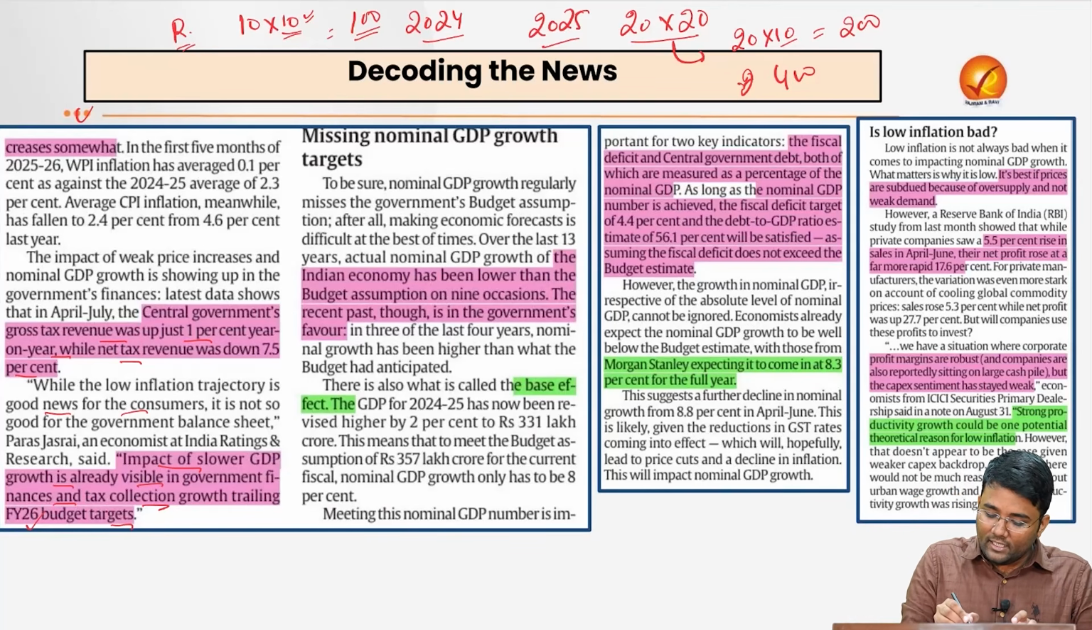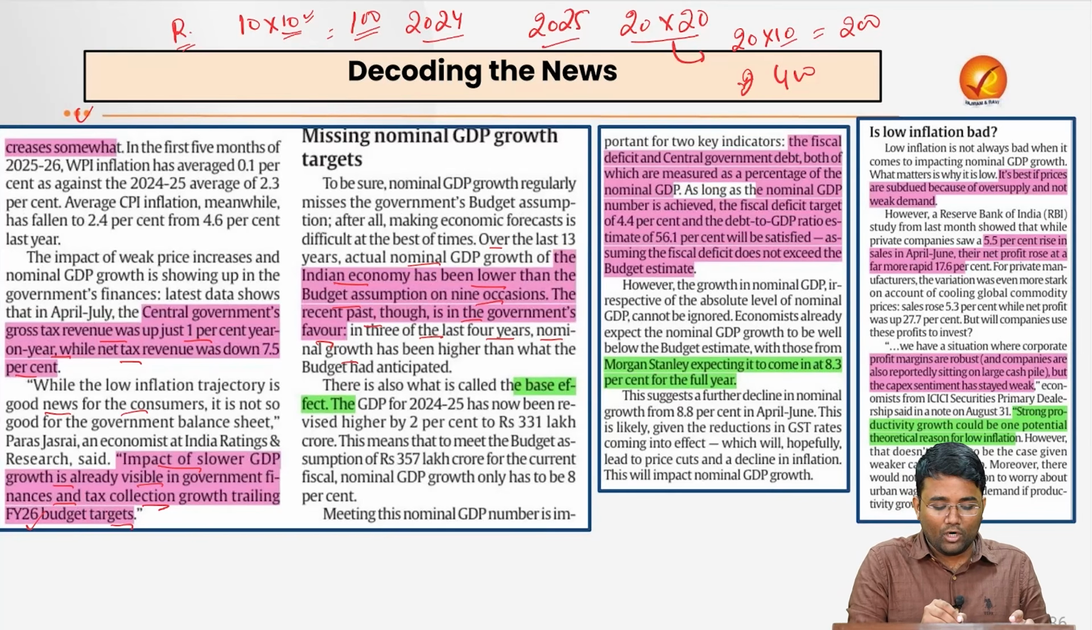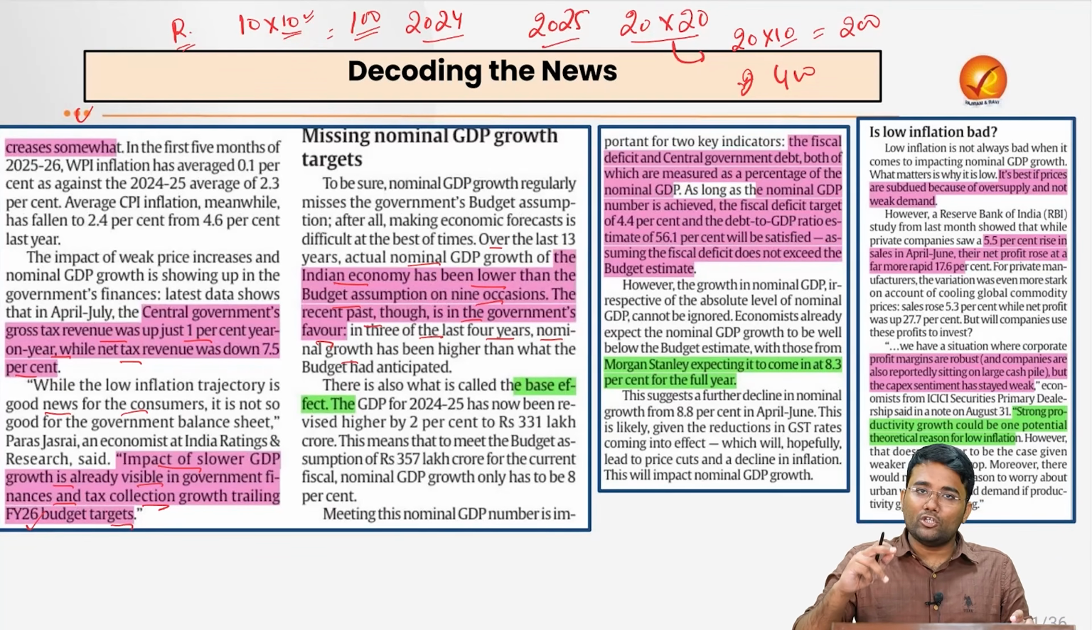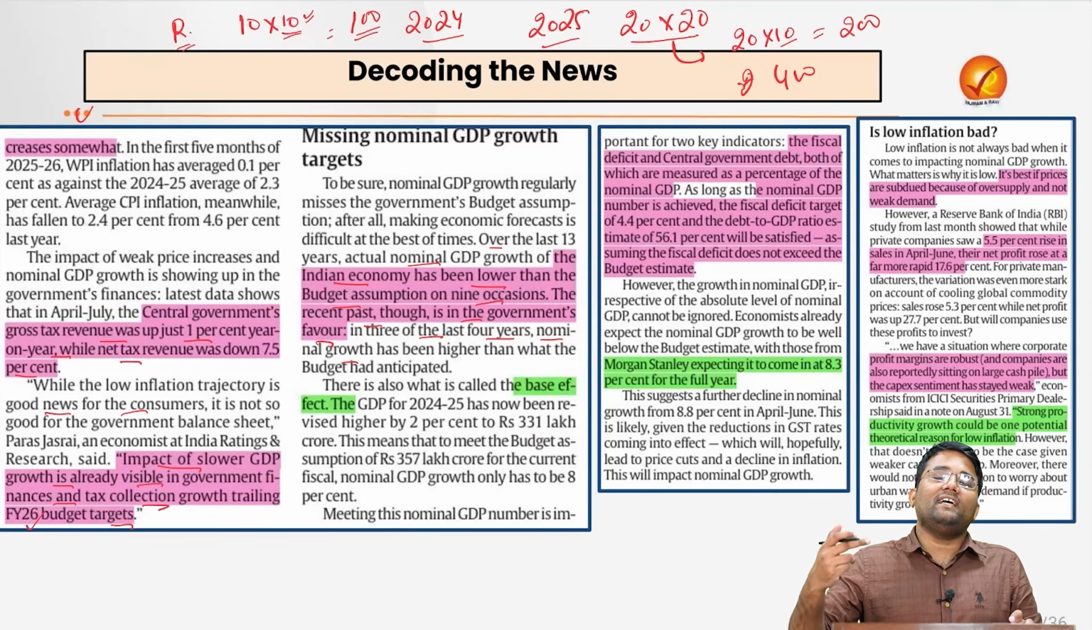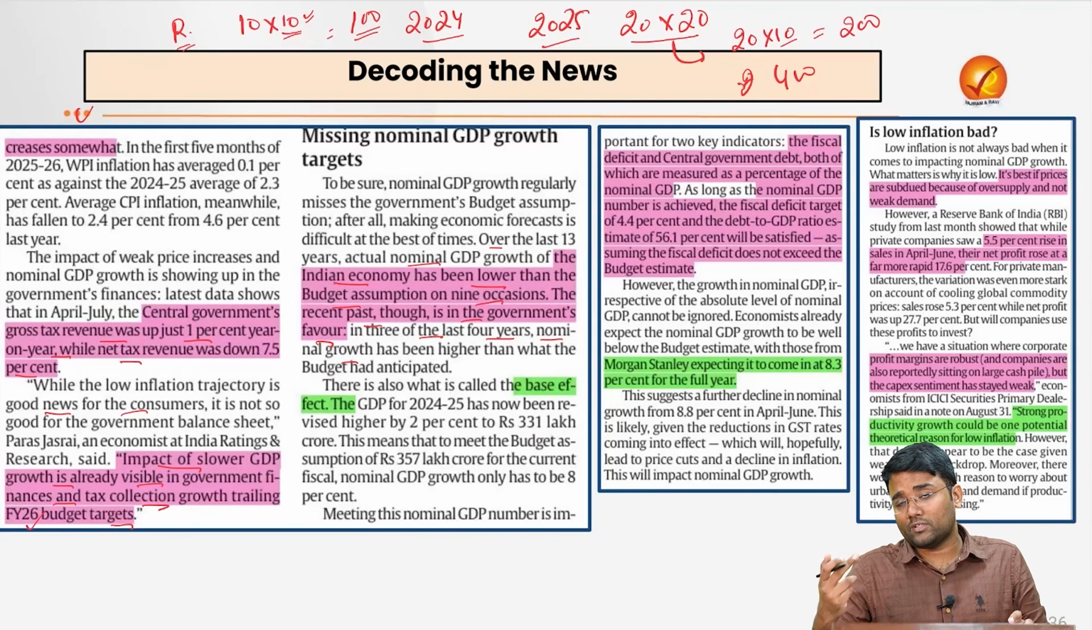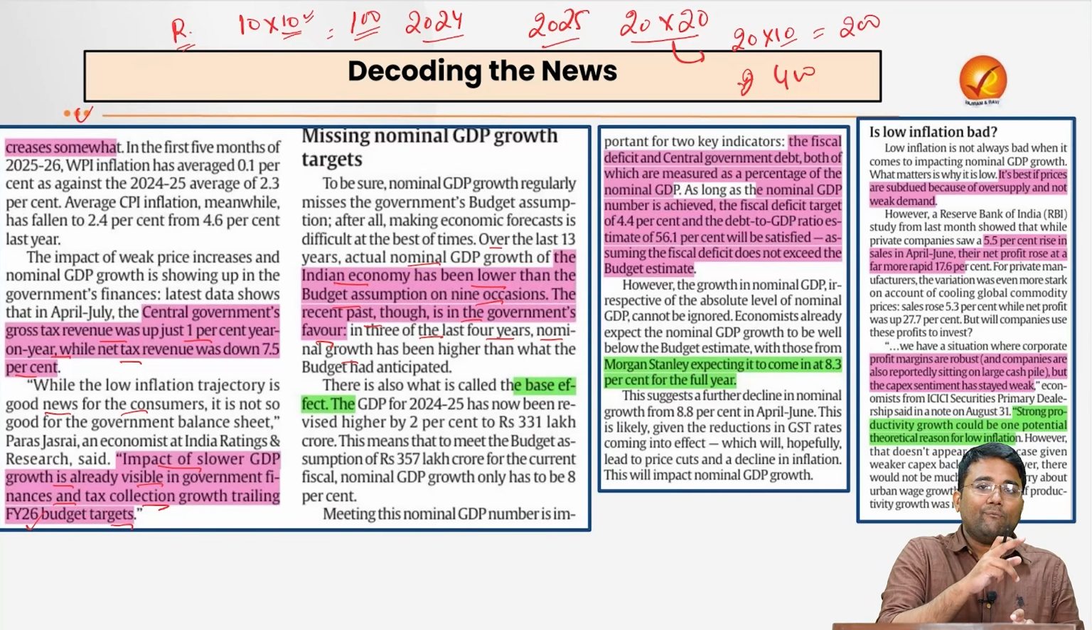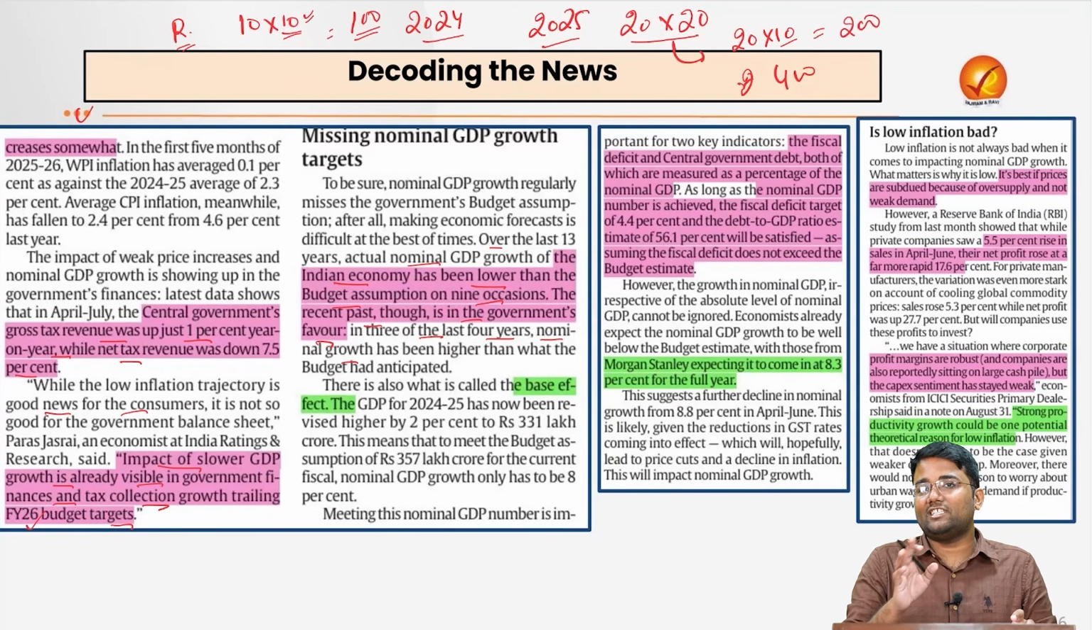Also, over the last 13 years, the actual nominal growth of the Indian economy has been lower than the budget assumptions on 9 occasions, though the recent past is in the government's favor. In 3 of the last 4 years, the nominal growth has been higher than what the budget anticipated, because of an increase in economic growth rate, in production, as well as in the prices of goods and services. Inflation was consistently higher in the last few years, especially after the supply chain disruption